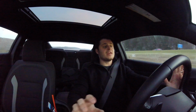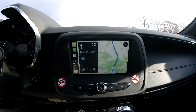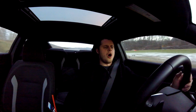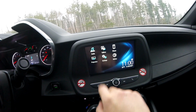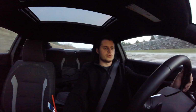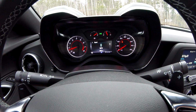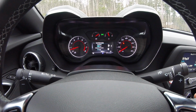It makes me not even care about anything else in the screen because it doesn't have navigation, but who cares? You have your Apple CarPlay navigation, and pretty much all of the other features of the touchscreen I really don't even care about because it has Apple CarPlay, and basically everything that I would do in this touchscreen is done inside of Apple CarPlay. The screen in between the tachometer and the speedometer also has a pretty good amount of